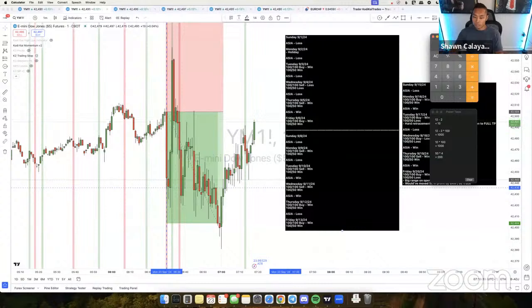Because if you did 1-to-1, you'd have 1,000 points profit. Here, I'll do the actual money value. So 3 times 5 times 1,000. If you did a 1-to-1, you'd be 15,000 in profit. If you did the 1-to-2, it'd be 3 times 5 times 800. So you'd be 12,000 in profit. So you'd still make more profit for the 1-to-1.